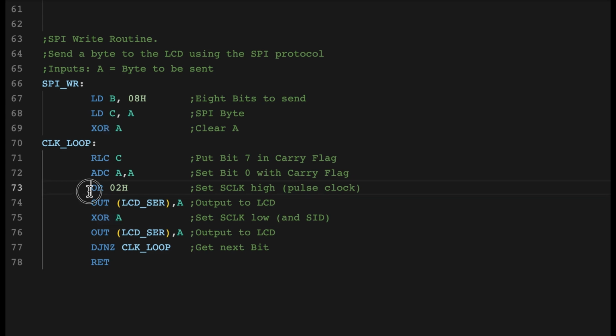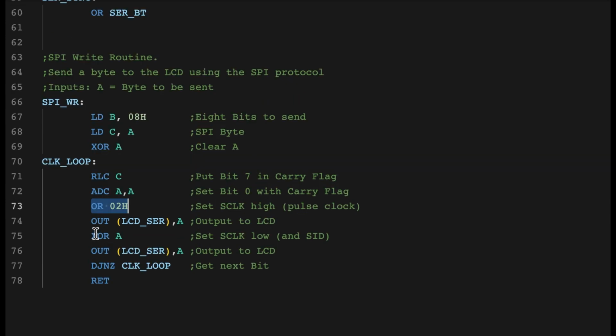Then I set the clock high by doing a bitwise OR with 2, D1, or setting the second bit. Now I've got the clock high and my value set in D0. I just output it now to the port. This will then latch it onto the D flip-flops and send the bit. I clear out A again because now we need to set the clock to low, and we don't care about the serial input data bit anymore, and then we just output it back to the LCD screen by having a low clock. And then we just loop again 8 times,